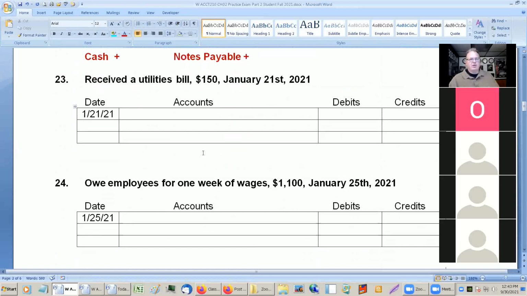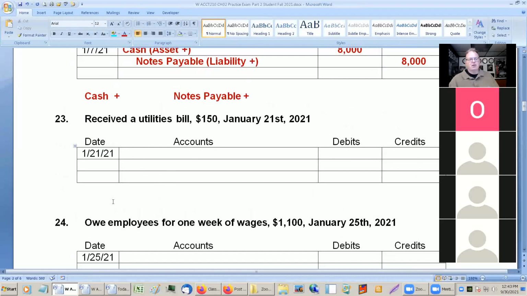Okay, received utility bill. This one's a little bit tricky. Utilities expense and accounts receivable. Very close. The utilities expense is absolutely correct. Was it utilities expense and cash? Not cash. So yeah, it's an account, but not accounts receivable. Payable. Yeah. So utility expense